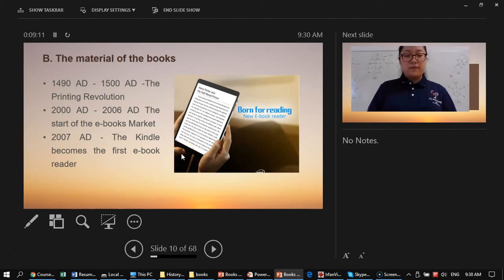With the development of technologies, the material changed from paper to online. The very first e-books were produced way back in the early 1970s by Project Gutenberg. However, it wasn't until the turn of the 21st century that this format became generally available and accepted as a publishing format. This was led by a novel by Stephen King called Riding the Bullet, which became the first mass-market electronic book, published in 2000 AD.